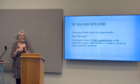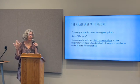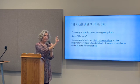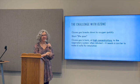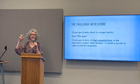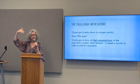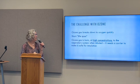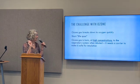The challenge with ozone is that the gas breaks down quickly. If you remember that picture, it goes to that two oxygen molecule and one oxygen molecule pretty quickly. For example, when I'm doing an IV ozone, when we're taking blood and putting ozone into it, pretty much immediately it goes to oxygen. So it has a short lifespan. Also,